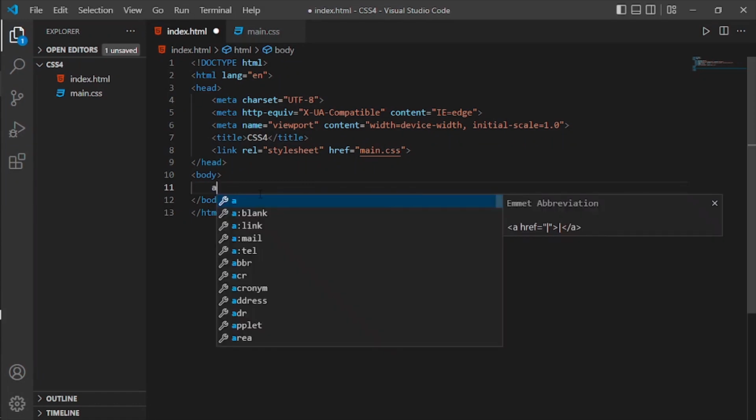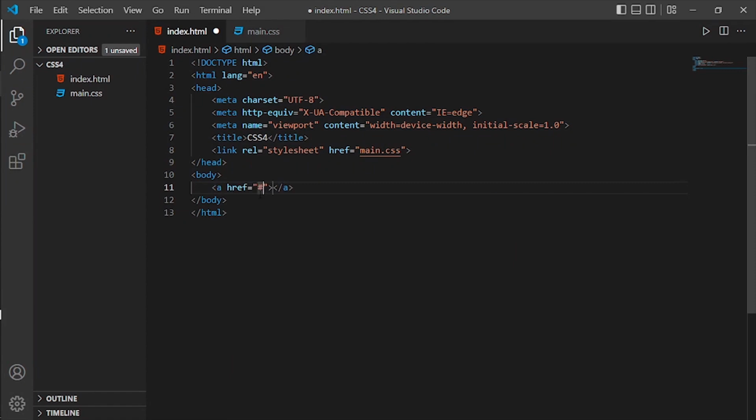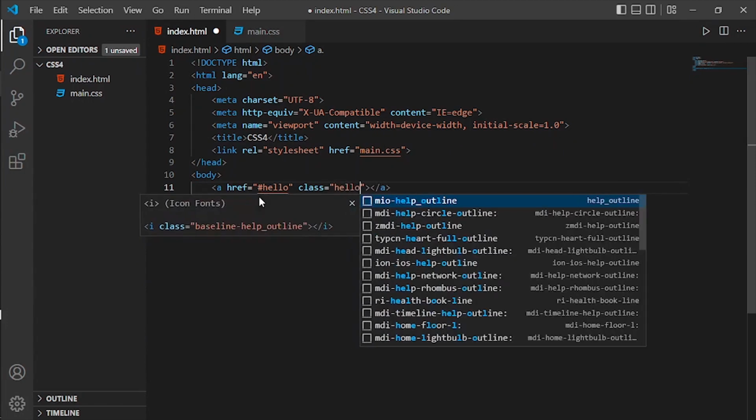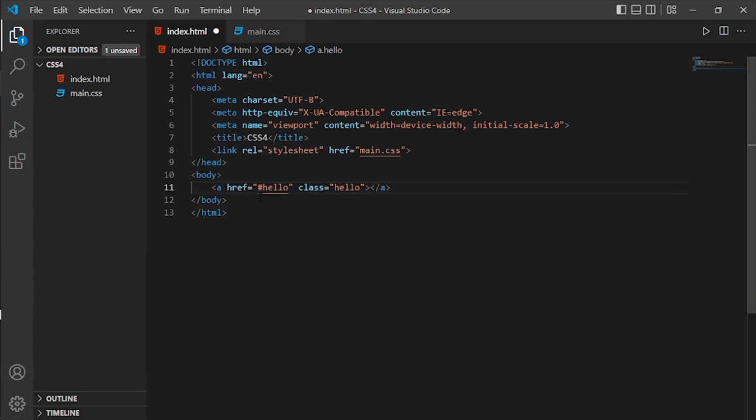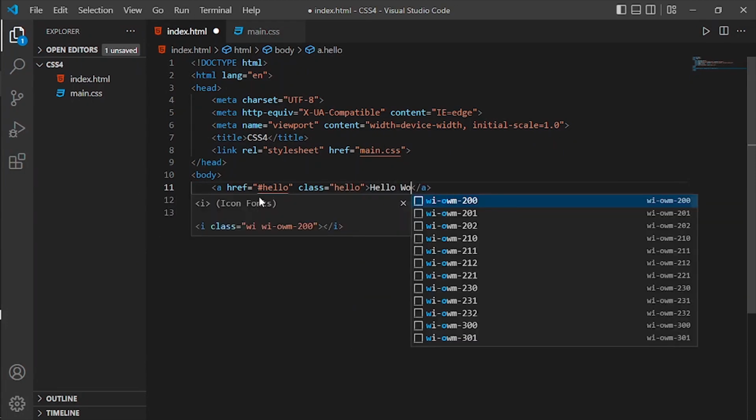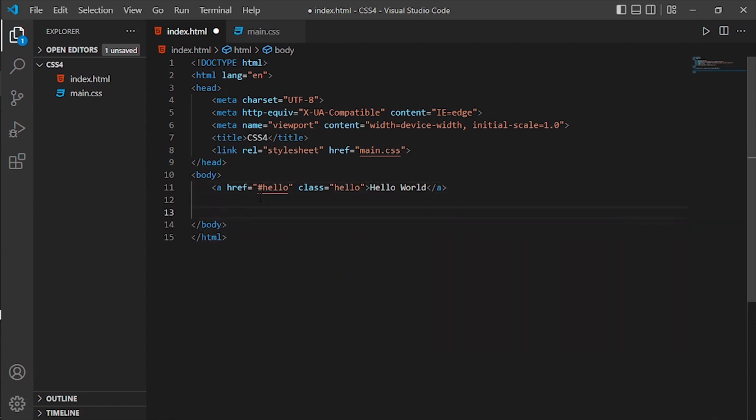First, we have some anchor tag, and the href is going to be hello dash hello, and it will have some class. The class is going to be hello. The text is going to be hello world. Below that, we will have